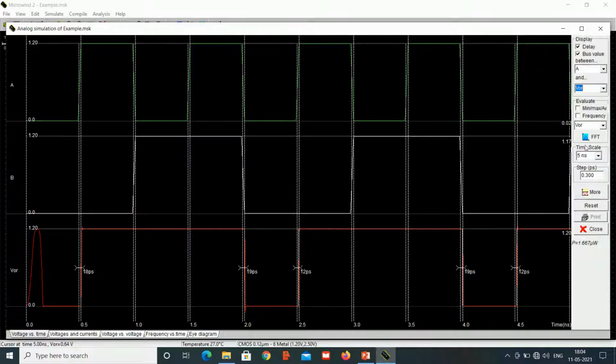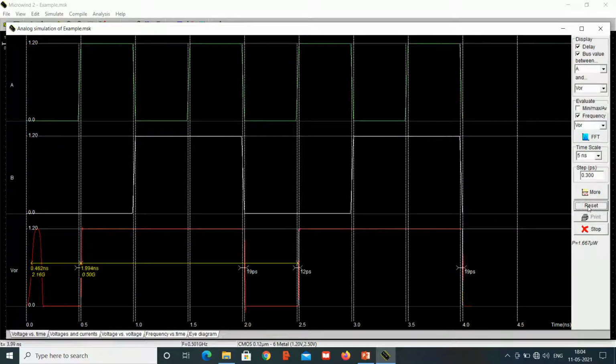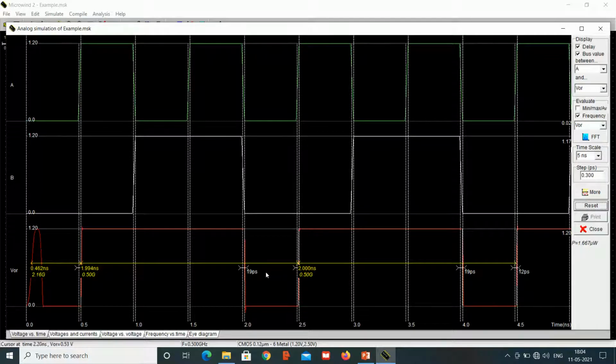Then power is given. For frequency, we need to check this frequency box and give reset. So frequency is 0.50 gigahertz. Then if you want to see the waveform after this, we need to click on more. Delay value is also shown.